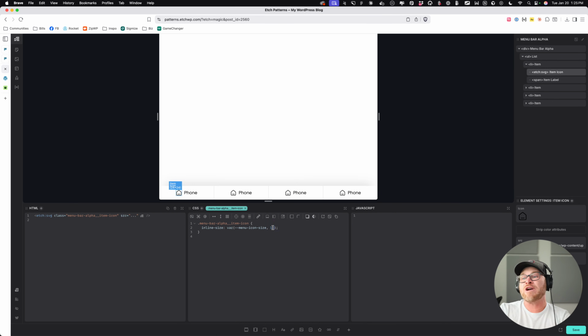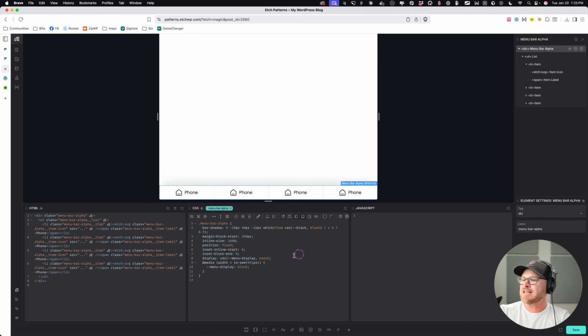Oh no, because we're not gonna have the labels. We're not even gonna have labels. So let's go 28 pixels. Let's take menu icon size and map that to here. Wait a minute, yeah, 28 pixels, that's fine. Can I still change it from here? I can, okay. 28 pixels, that's gonna be a prop for our component. I think,